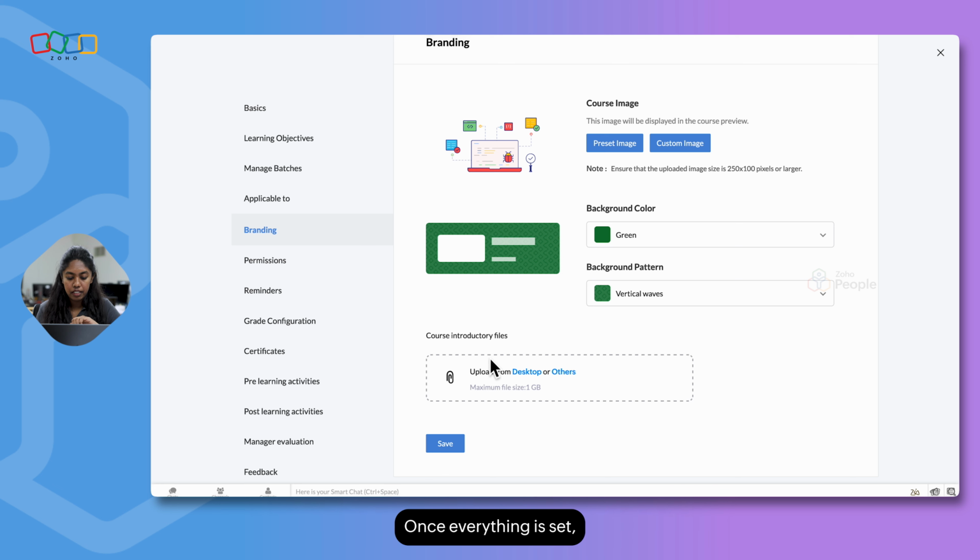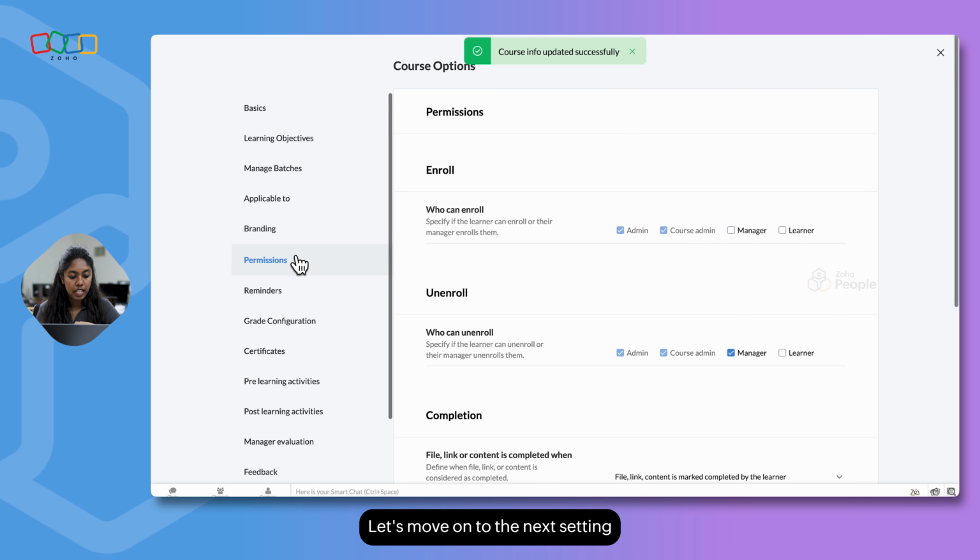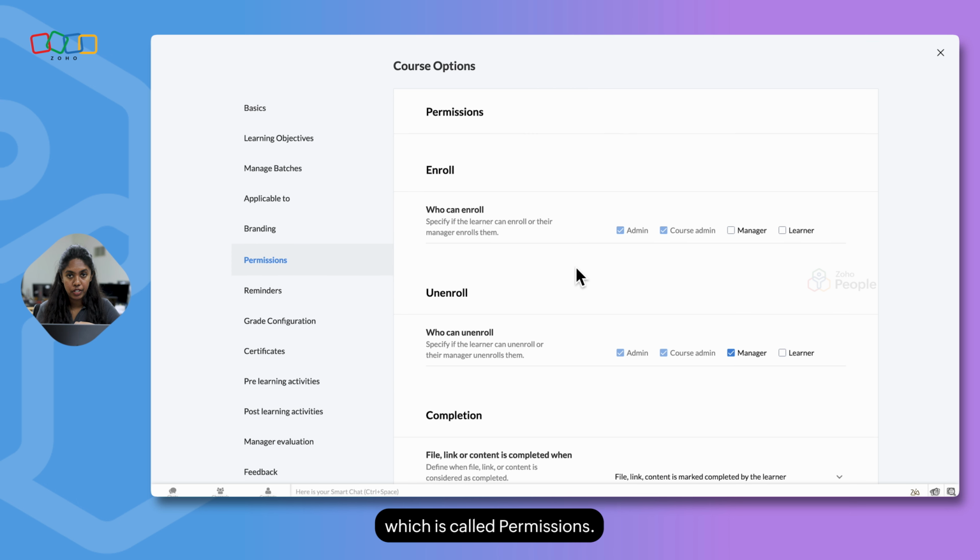Once everything is set, click on Save. Let's move on to the next setting, which is called permission. So here you are going to establish permission on who can enroll to a course and who can unenroll from a course. So let's enable the option